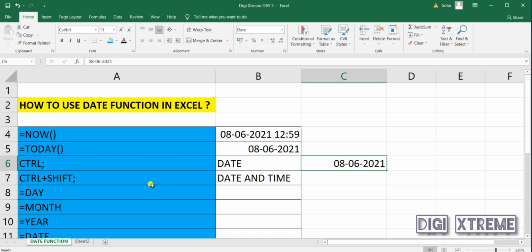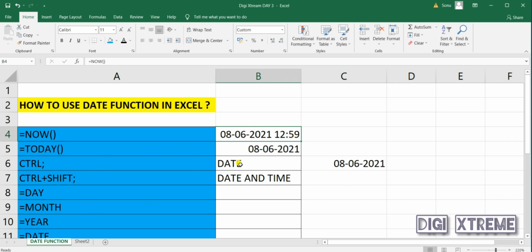All right, and what is the difference between NOW and this Control semicolon? The difference is, like I told you before, if you use the NOW formula, when you open this workbook some days later, you will get the time and date from the system.